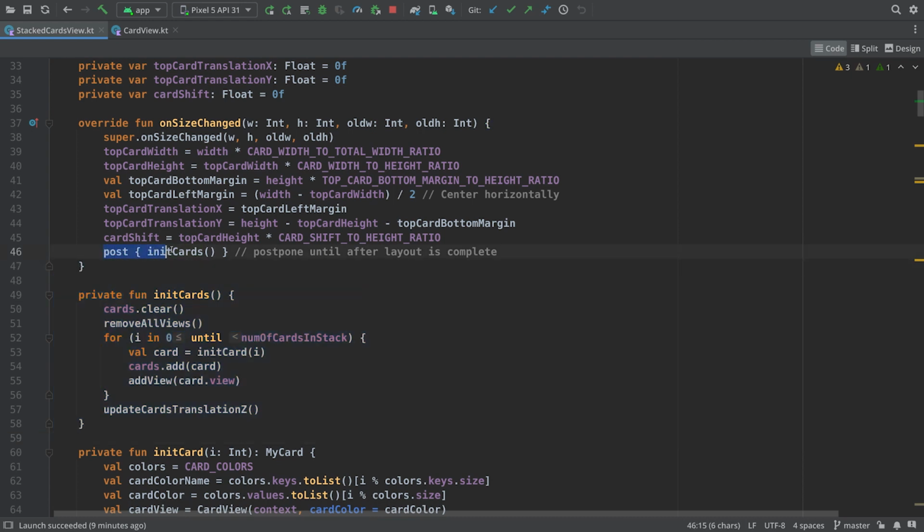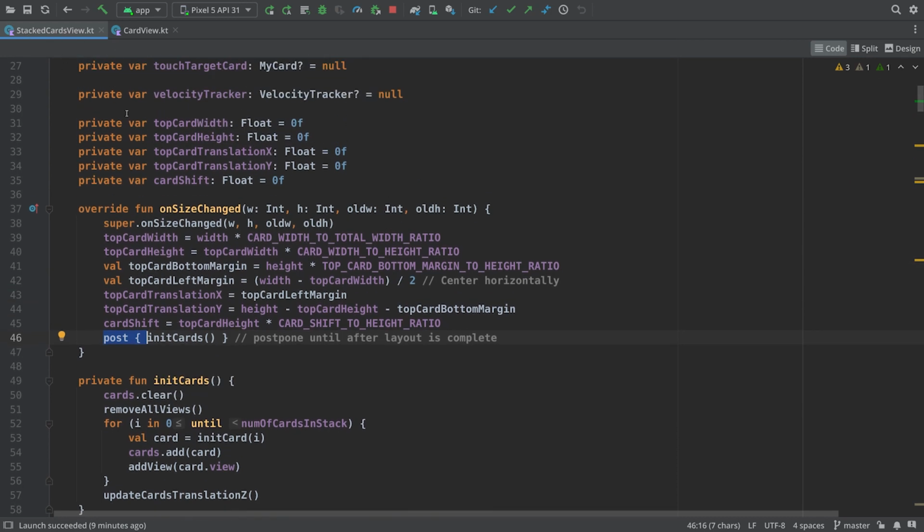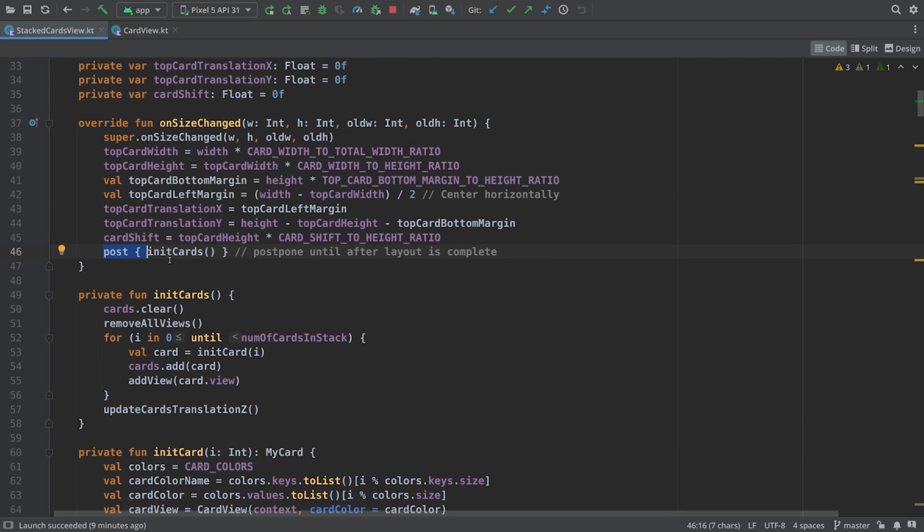But please notice that I use this post. Why is that? Well, because for some reason, if I would call just initCards right here inside onSizeChanged, then the cards will not be initialized properly. So I use post to postpone the initialization to the next frame. Basically, I allow this custom view, StackedCardsView, to initialize, and only then I call this initCards method,